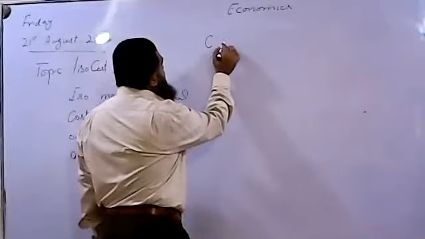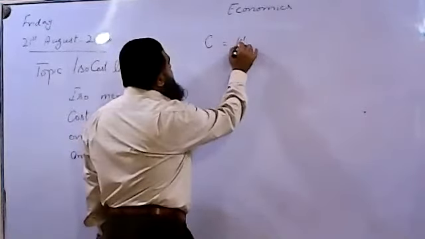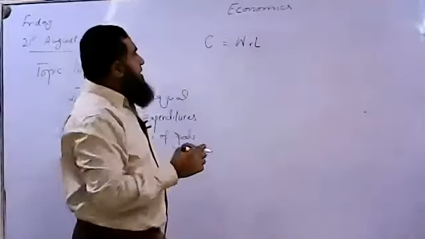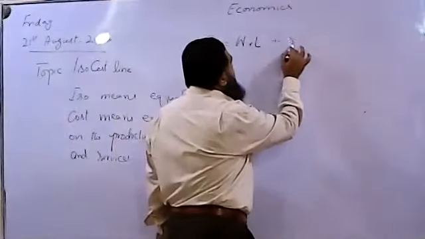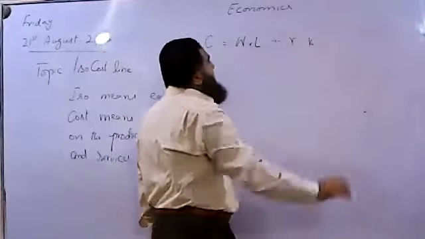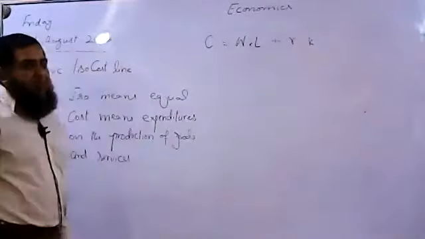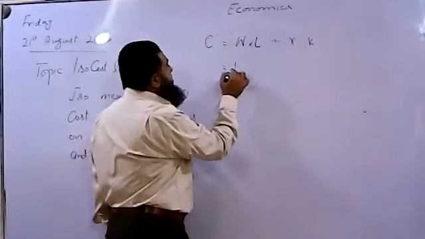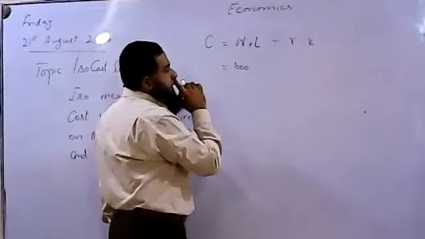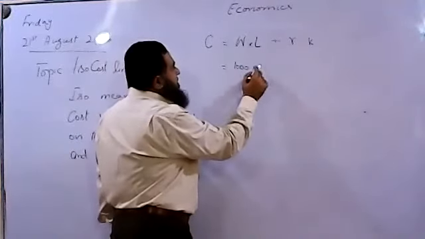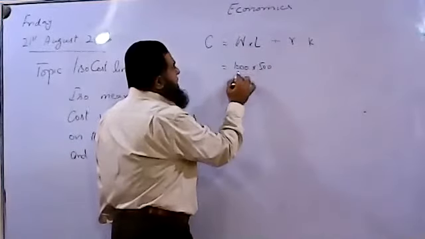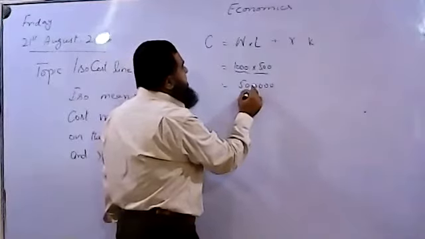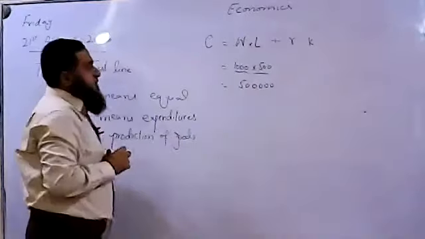Now how can we write the cost? Cost means C, we are writing over here, wages multiplied by the number of workers employed plus rate of interest and the capital which is employed. All right, this is about the wage bill. Suppose we are paying 1000 rupees to each worker per day and we have hired 500 workers over here, so we can say our daily wage bill will be 500,000.